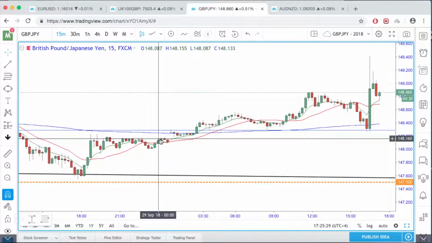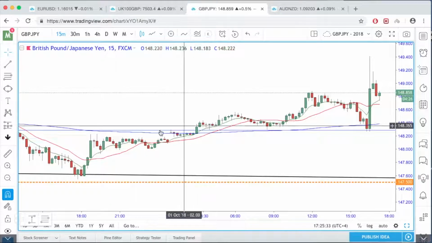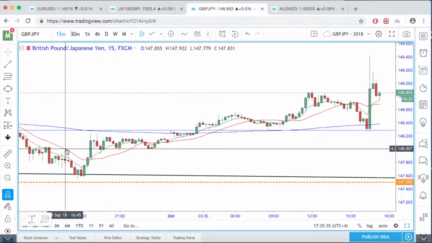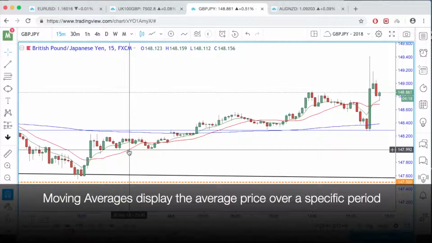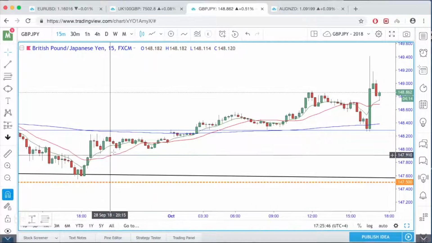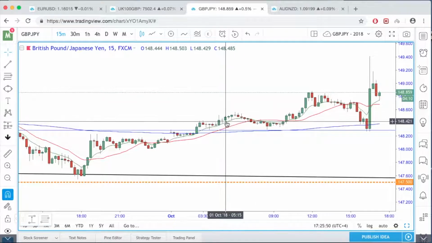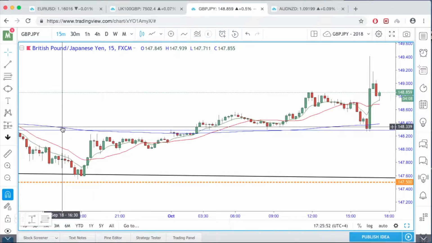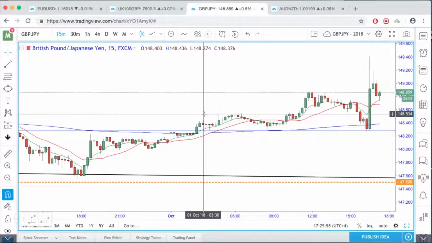This also will be covered in much more depth later on in the course. But just to explain very briefly, this is just the price action. This is called the moving average, okay? So this is just the price action smoothed out over time. Now we've got three different lines on there, as you can see. There's a blue one, a red one, and a green one, which basically represent the moving average